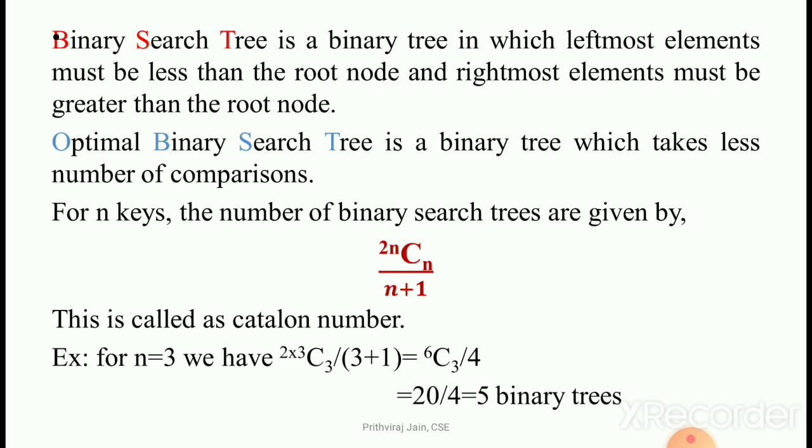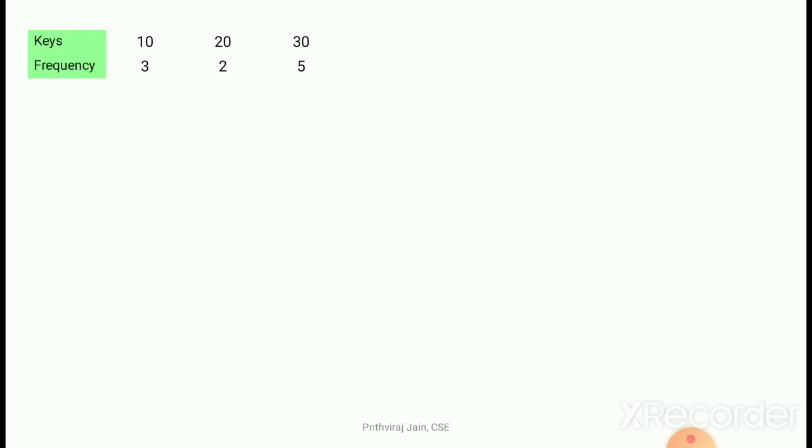Here let us take one simple example to understand how to find the optimal binary search tree. This is done by using the exhaustive method, or the brute force approach, where we take the number of possible solutions and out of these find one as the best solution, which will be the optimal solution. Now for this given problem, we have three keys and their frequencies are given. Let us construct some of the binary search trees.